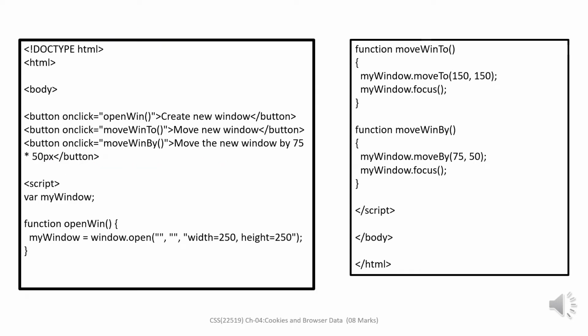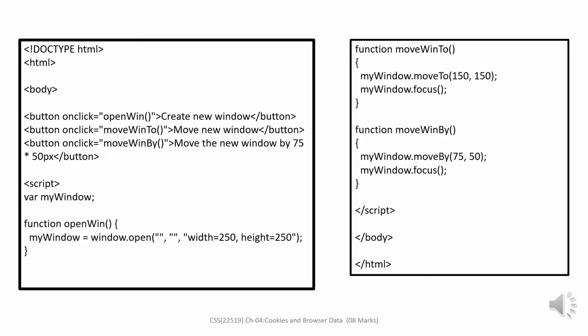See here, this is a program for the window move method. DOCTYPE HTML, then the HTML body tag, button onclick equal to openWin function. This is to create a new window. Then button onclick moveWinTo to move the new window. Then button onclick moveWinBy to move the new window by 75 and 15 pixels, and end of the button tag. Then in the script tag,